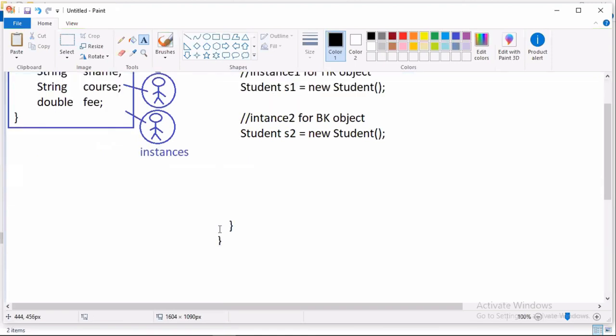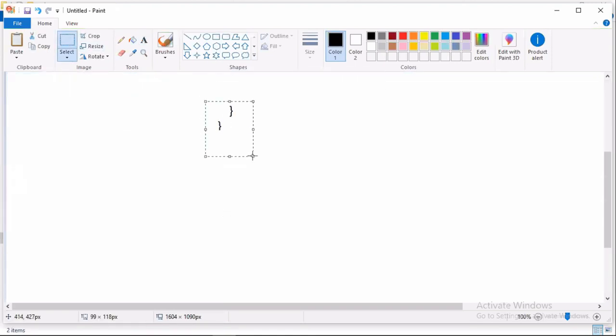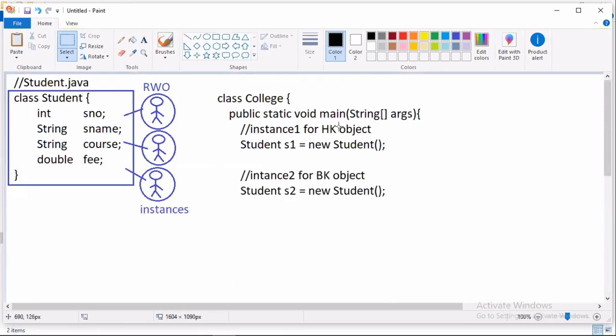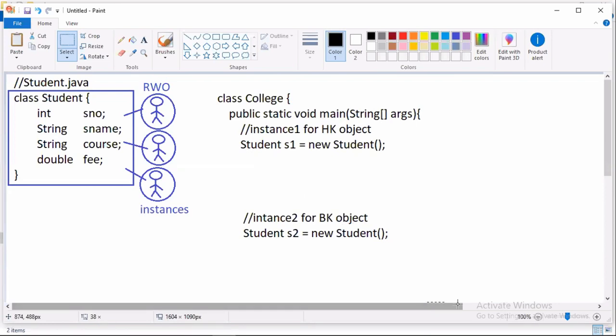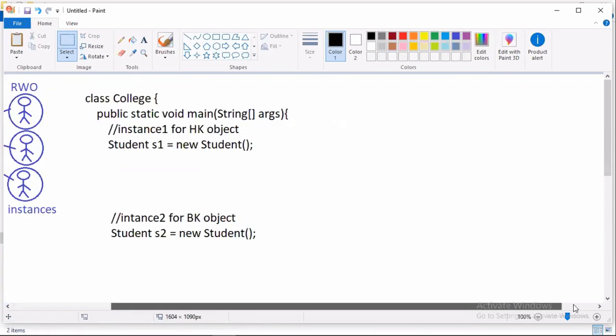Then tell me, here my question is, the story is a little big, please try to observe carefully. Because of the statement Student s1 equal to new Student, and because of the statement Student s2 equal to new Student, what happened? You should observe the memory diagram.